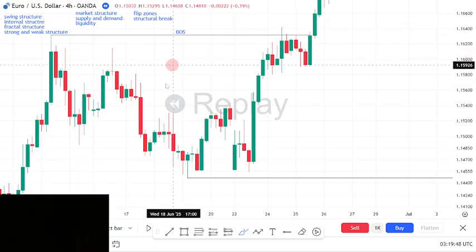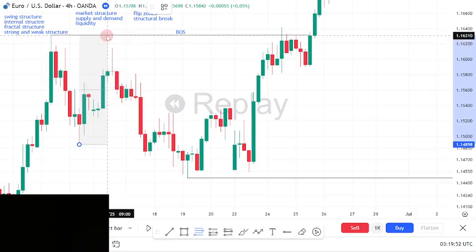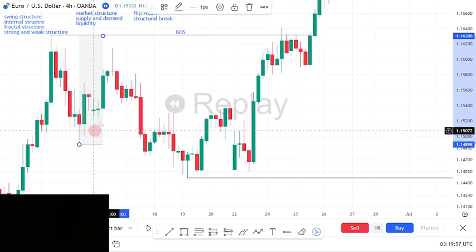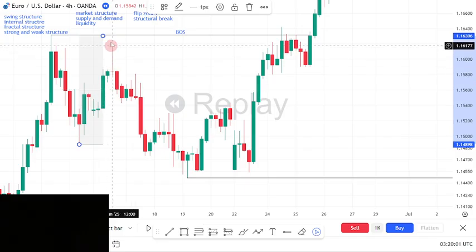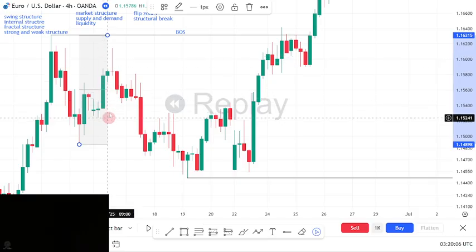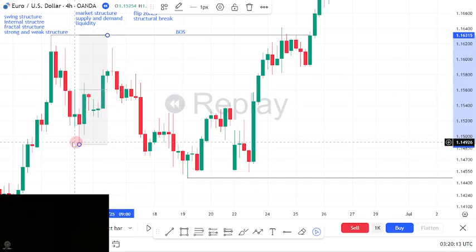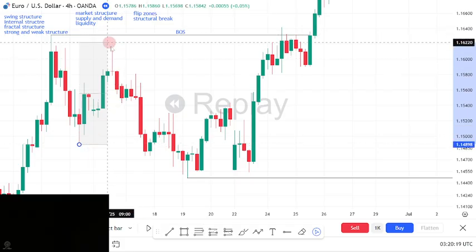When price is pulling back, you can see price broke the EQ and pulled back into premium before it sold off. When price is in premium, there's a high probability sellers will try to defend the range